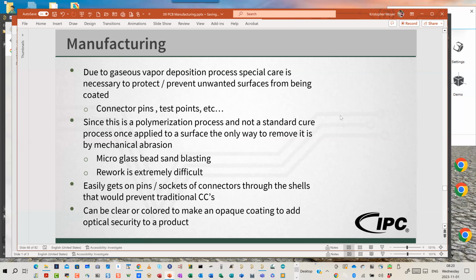Right. So think things like connector pins, test points, etc. Anything where you want to have access to that metallized surface after the application of the conformal coating needs very special care. Since this is a polymerization process and not a standard cure process, once applied to a surface,